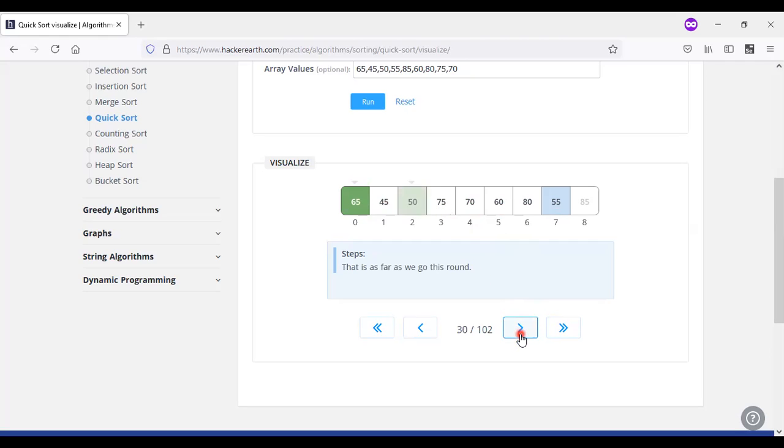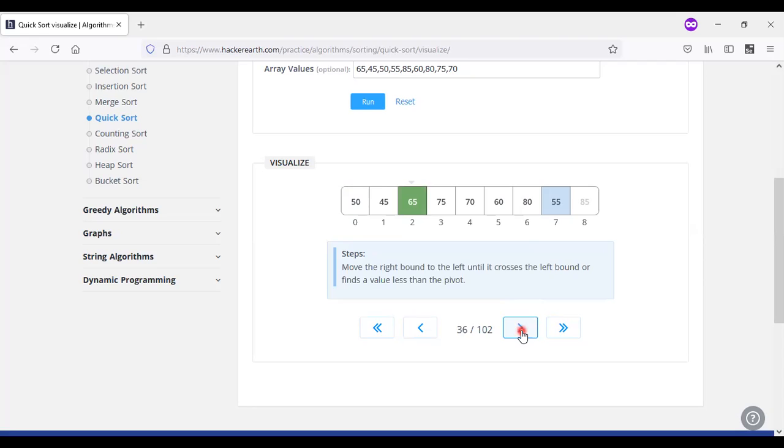Now go for the 50. So here in this one, what happens? It is less than the pivot element, and it is also less than the selected element. Then we need to swap the values. Okay. And coming to the next one, we are having another element which is the 45. So compare with the 65, what happens here? There is no further comparison to be done.